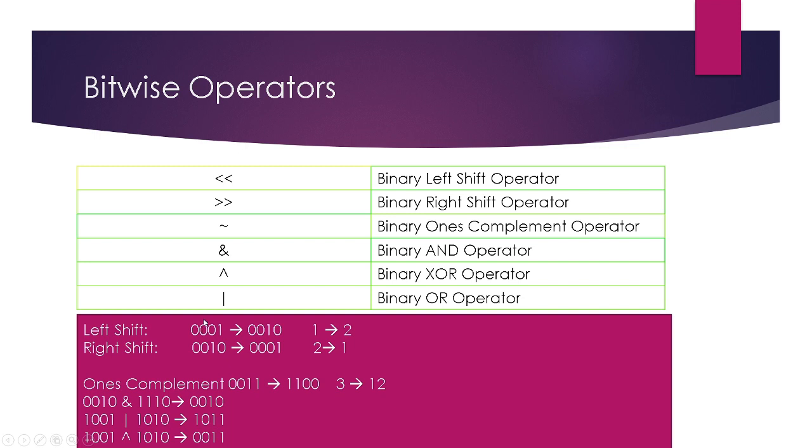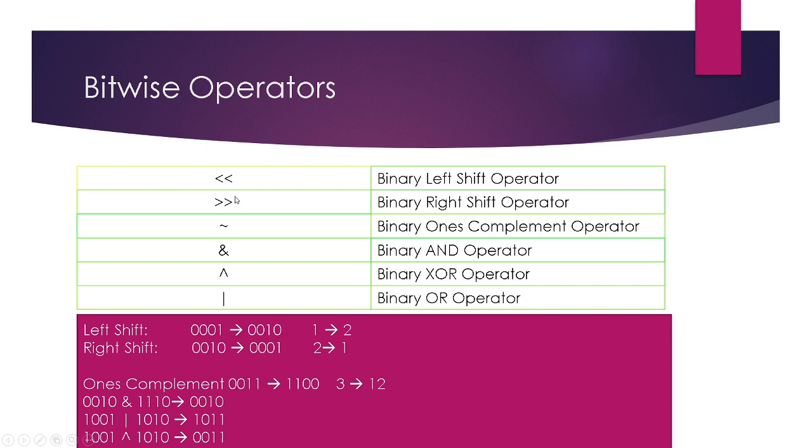What I mean by left shift operator is that, for example, if I want to left shift by 1, that means I need to shift each and every bit by 1 unit to the left. So this 1 was here, I will shift it to the left by 1 place, so it has come to the second place now. This 0 was in the second place, I will shift it to the left by 1 unit, so this 0 has come to the third position, and this 0 which was earlier at the third position will shift to the fourth position. And on the right side, after this 1 was shifted to the left, it was vacant, so I inserted 0 in that place.